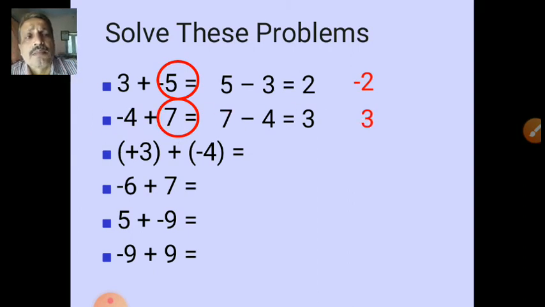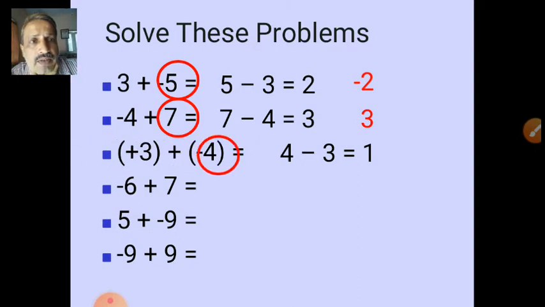Plus 3 plus minus 4. See students, here be careful. First step you have to make it 3 minus 4. Yes, 4 is bigger. 4 minus 3 you can do. Yes, that's a minus 1. Let's check. 4 minus 3 is 1. But the bigger number is 4 and it has a minus sign. Good. Look at here. Minus 1 is the answer.